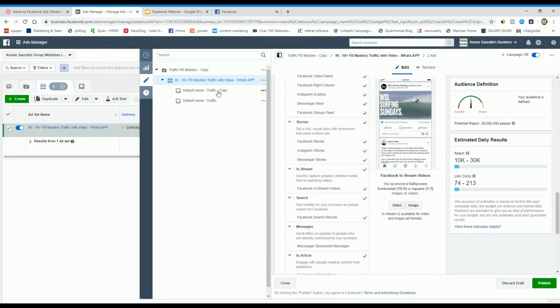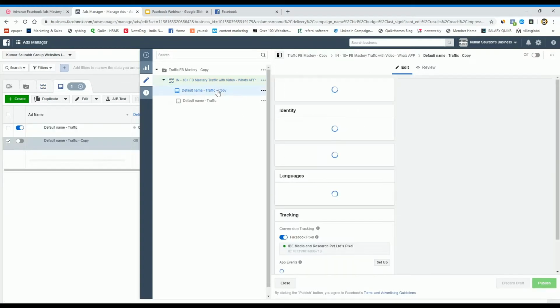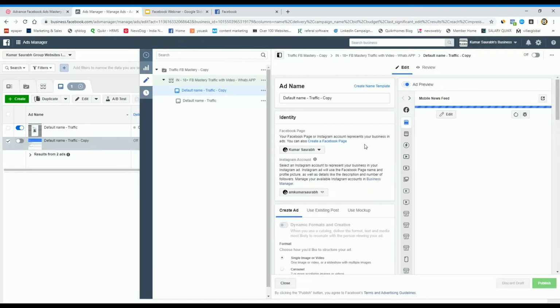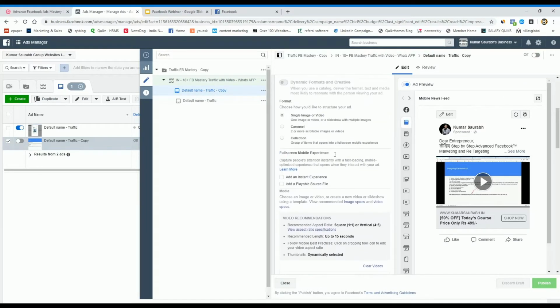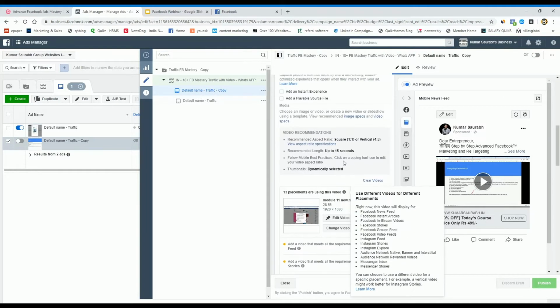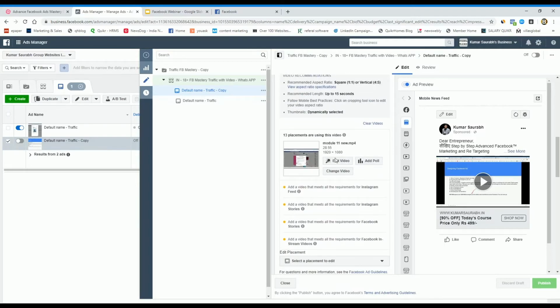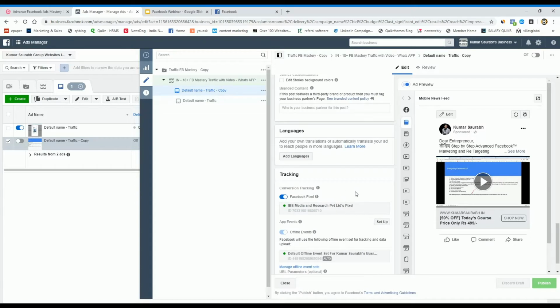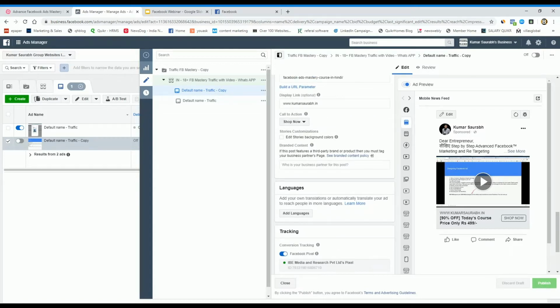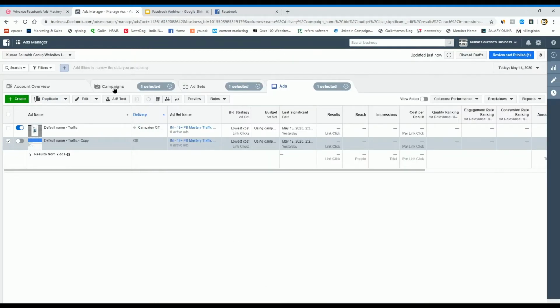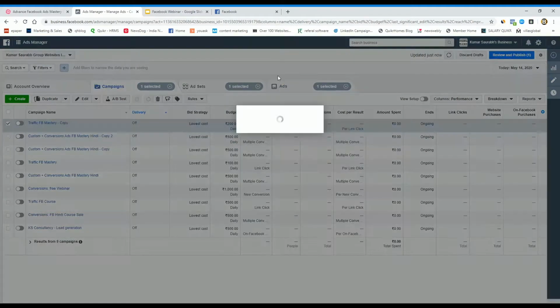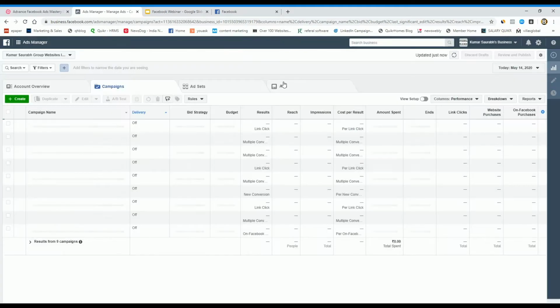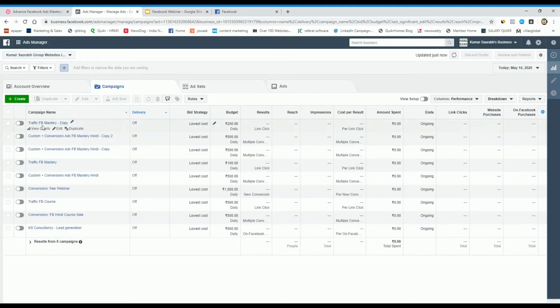Okay, and then in an advertisement you can make changes in the images, in the content, right? You can change anything. Okay, then what you have to do, you have to then publish it once again. Okay, so again this will go for review and this will confirm. Okay, so from here you can edit your advertisement, right?